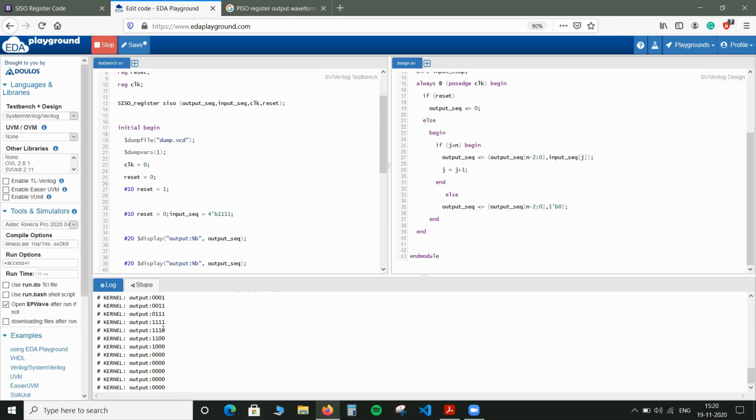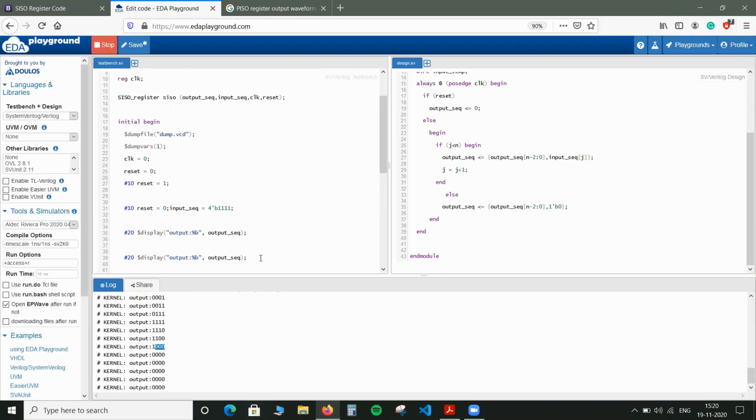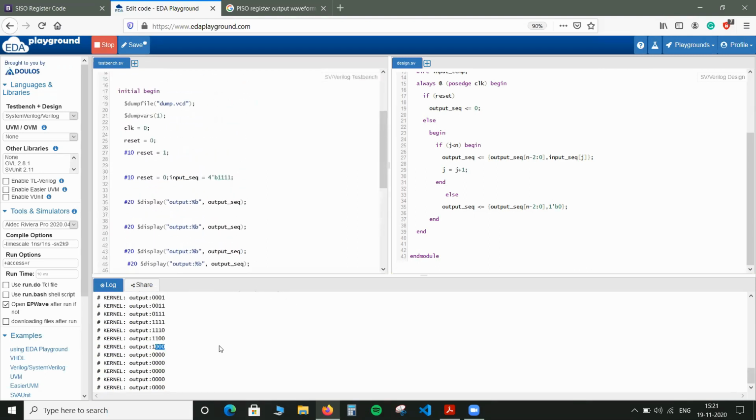Now the first flip-flop is empty, as we are shifting the bits. So we are outputting the bits in a serial manner. You can see the last bit getting 0, then the last 2 bits getting 0, then the last 3, and then all outputs are 0, because now we didn't give any new input.